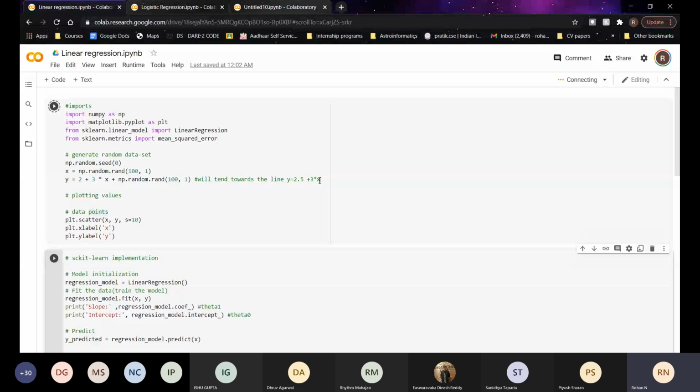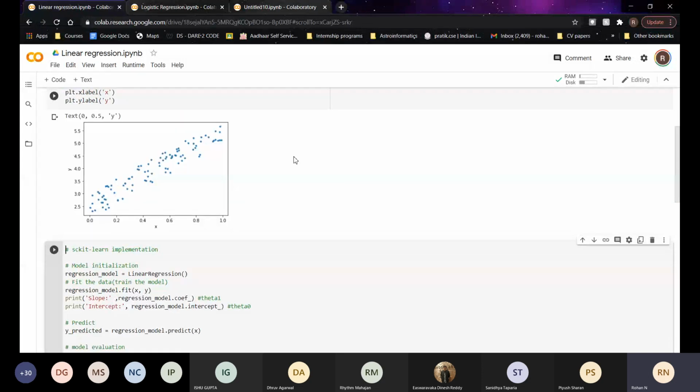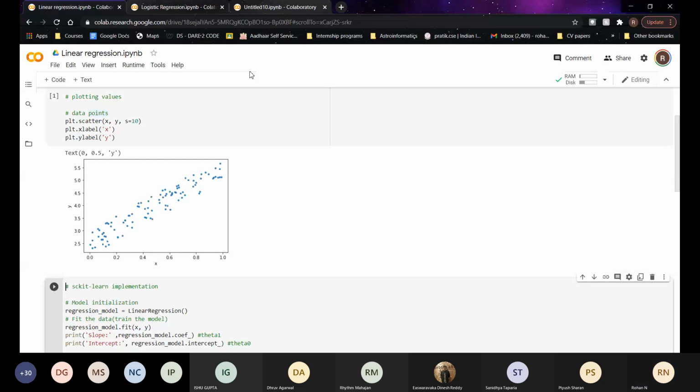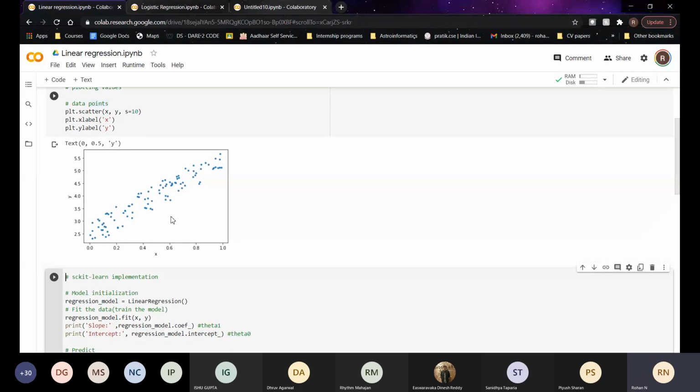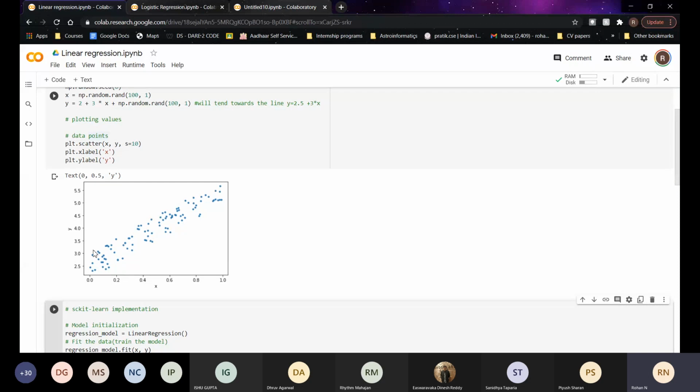I have used matplotlib to plot all these points. I'll tell you how this graph has been plotted. We use the dot scatter function to plot an array of multiple points.